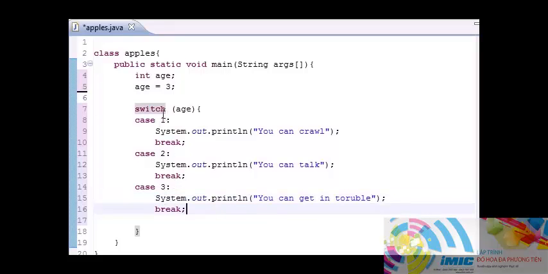So here's what you do. You put switch and then put the variable you want to test the value of. Then you put the values that are possible after the word case. Now after, in the case body, what you do is write, alright, if age is equal to 1, here's what